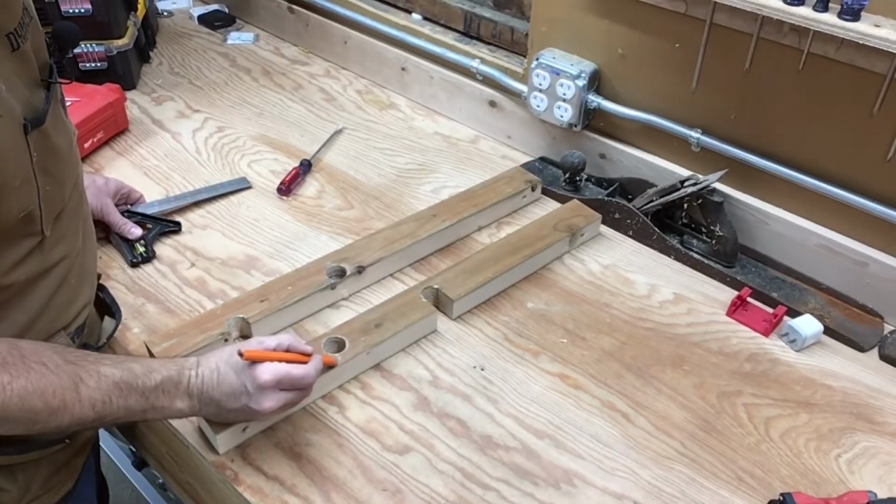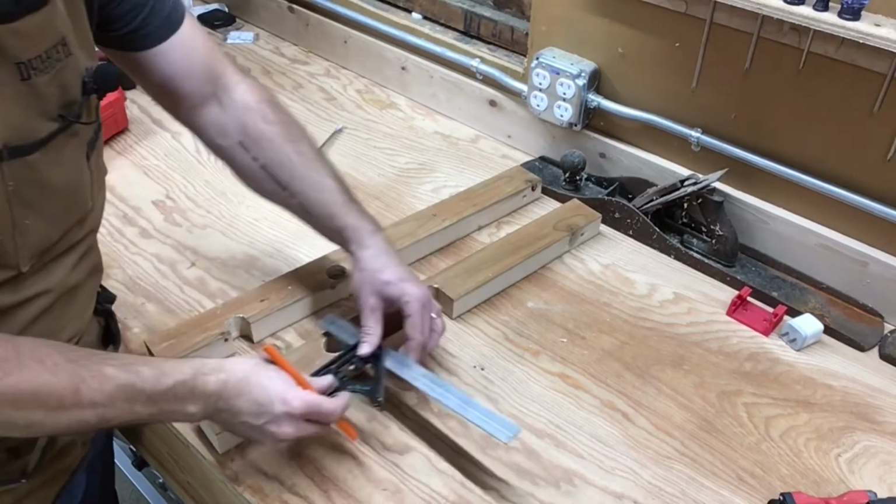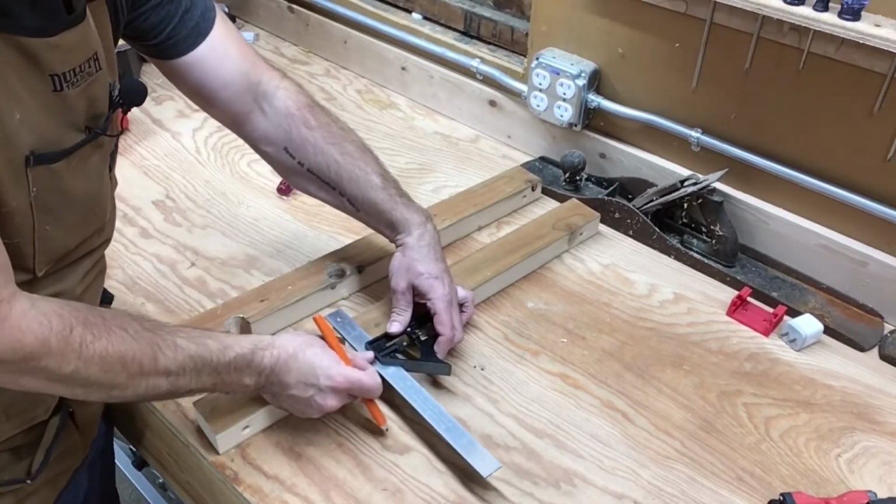Next, we need to draw lines along here so we know where to cut with the bandsaw. We'll use a combination square, line it up with the edge of the hole,